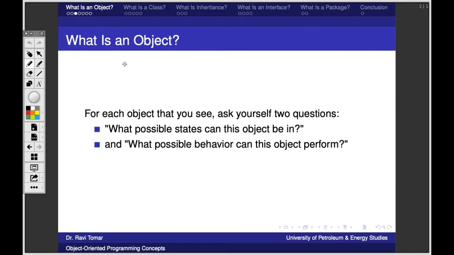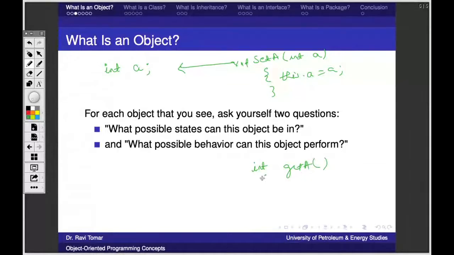This will help you very much. For having any object, as simple as this, suppose within any class you are going to write a variable A. There should be some methods: void setA(int A) { this.A = A; } and similarly, there could be another method, int getA() { return this.A; }. We'll see them later.